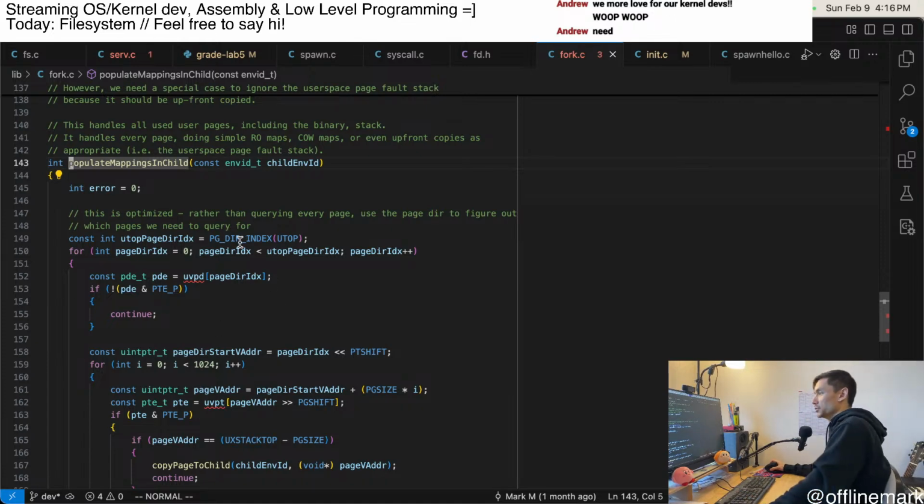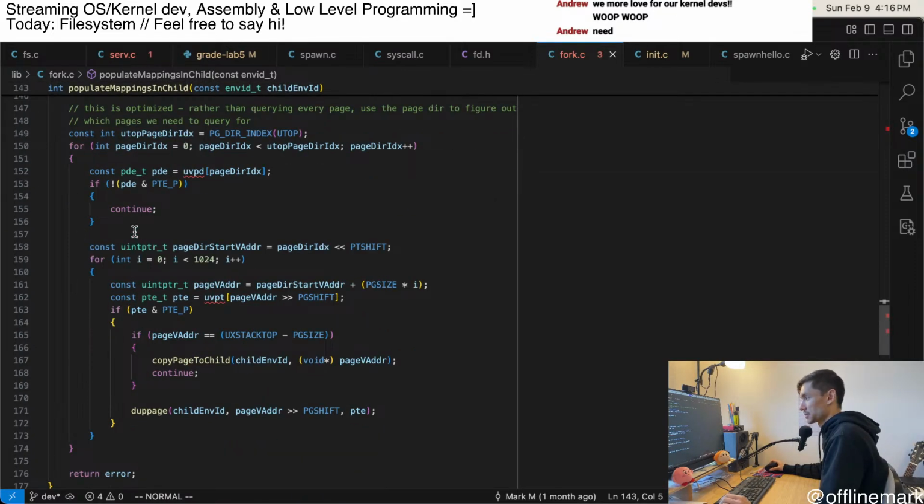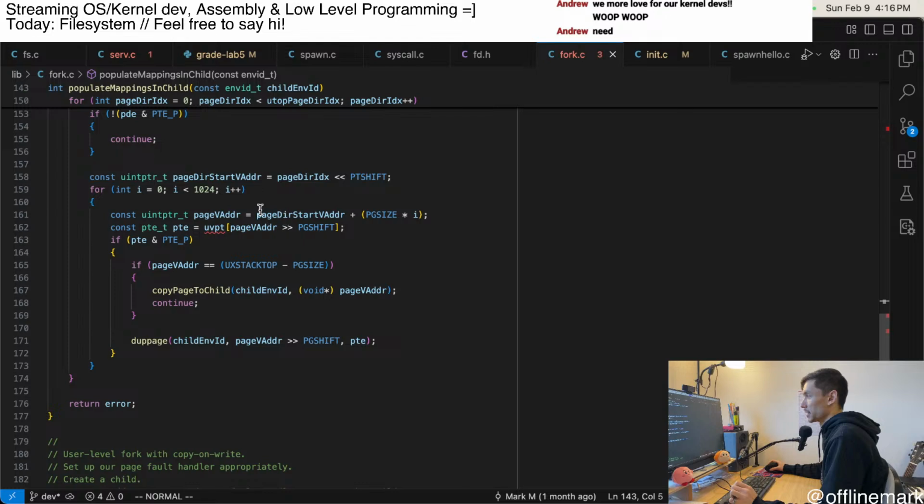So then here we're enumerating all the page tables to find mapped pages in the process. If there is no page directory entry, we totally skip that. But if there is a valid page directory entry, we then go one level deeper. And for every page table entry within that page directory, we look at the page table, and if it's present,